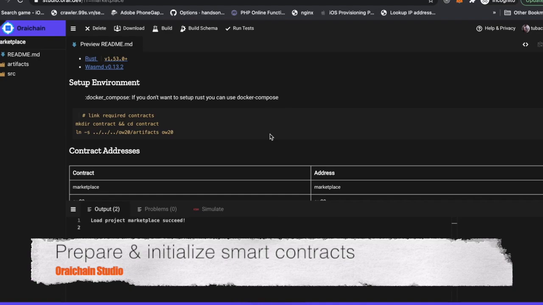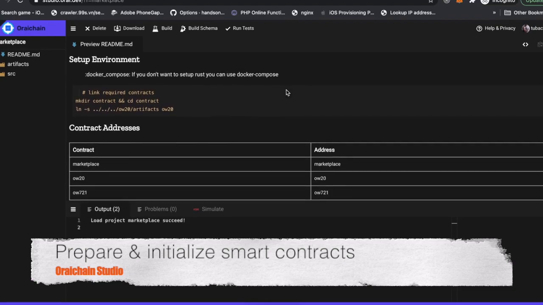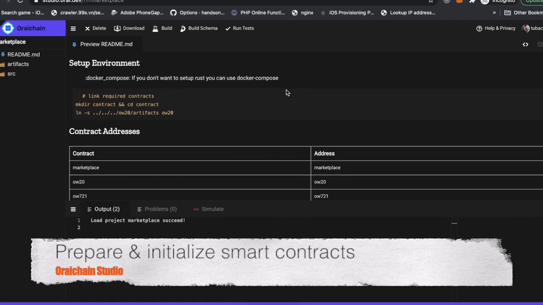The flow, I would like to introduce the general process. It includes two main steps. The first step is preparing and initializing all the smart contracts and name them correctly. It helps to set up the state that is necessary when simulating.